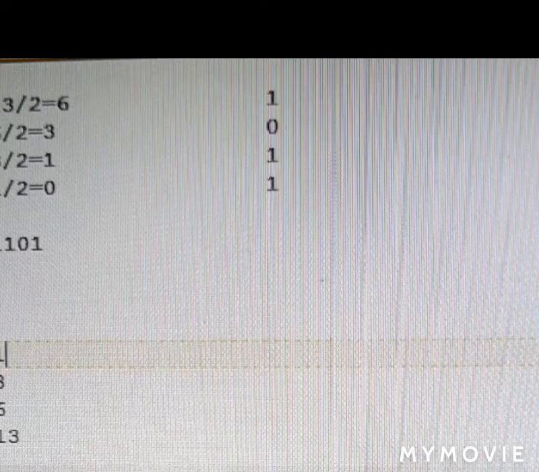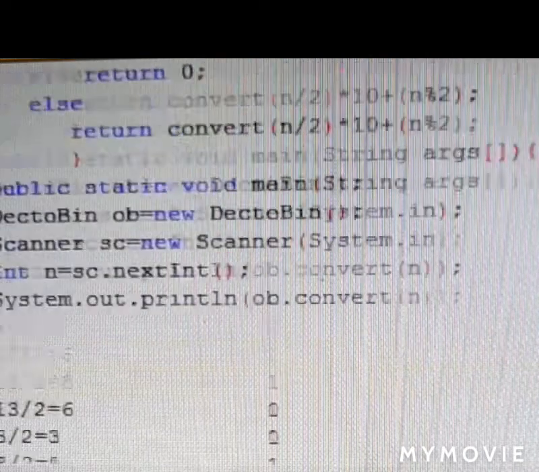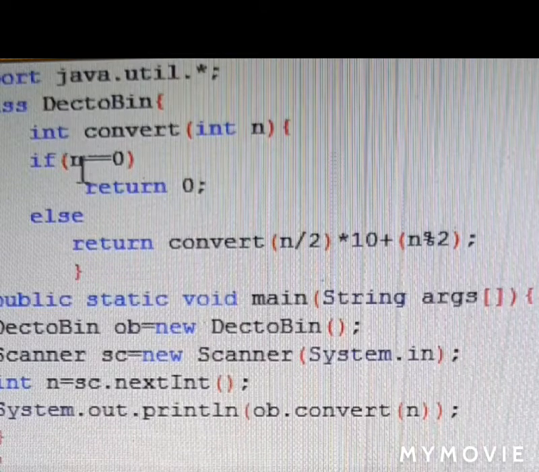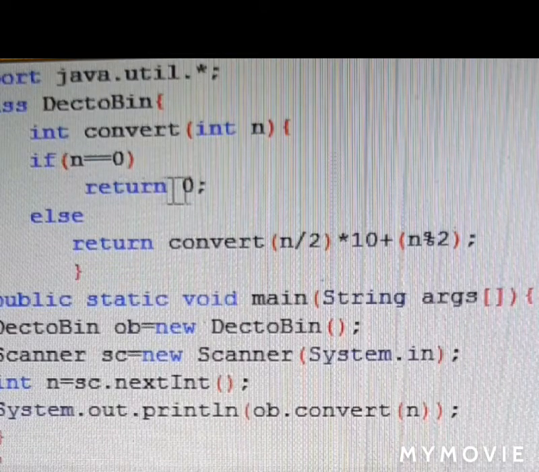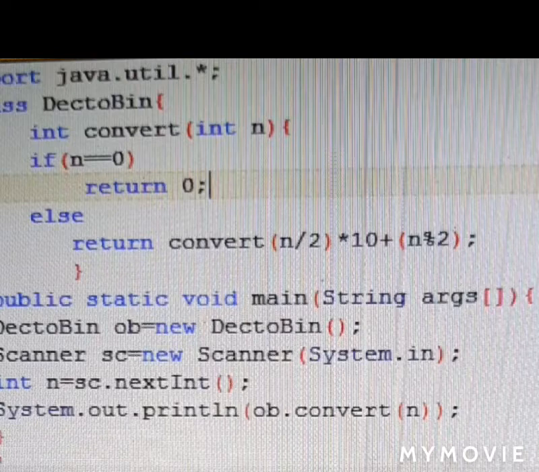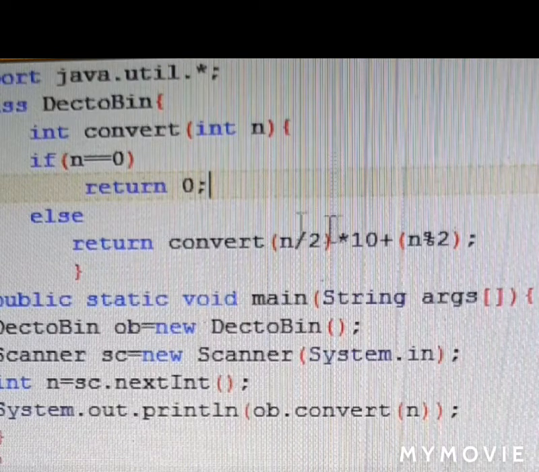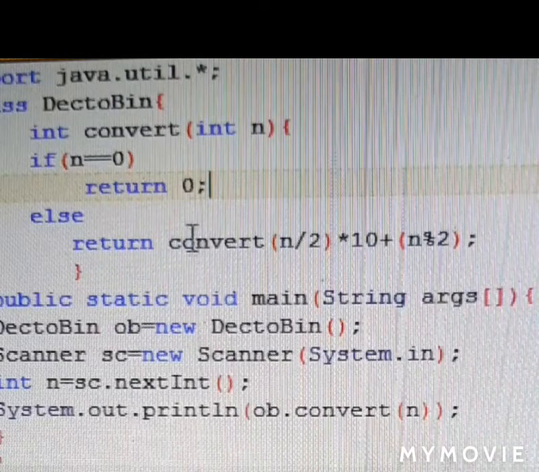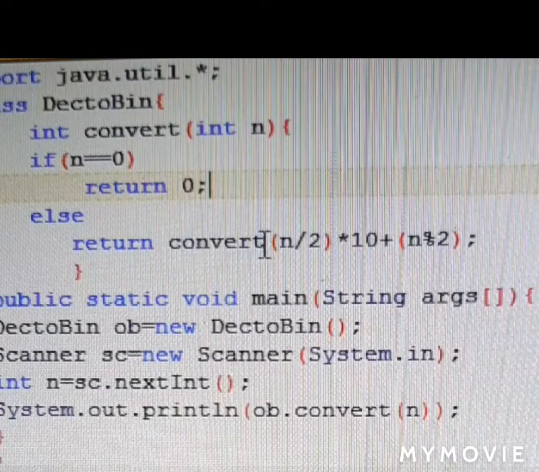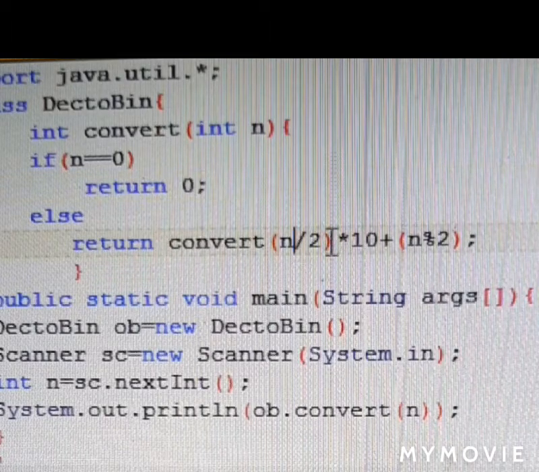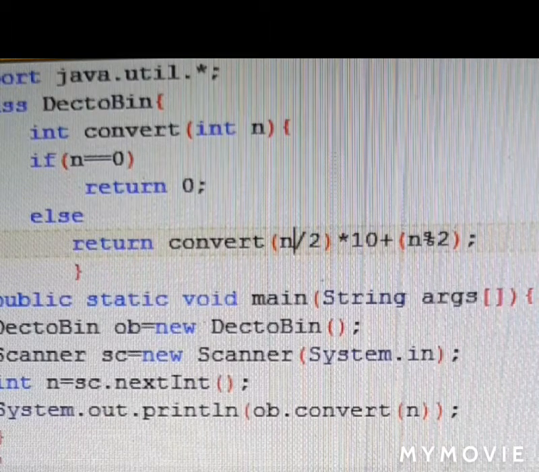Now after the base case turns out to be true, because 1 divided by 2 is going to give you 0 as a quotient, 0 is equal to 0 is a true condition, so return 0 will be returned not in main but on this part itself. Now the base case has turned out to be true. That means now the function is not going to be called again and again. Now this 0 which is being received here, 0 into 10 is how much? 0.